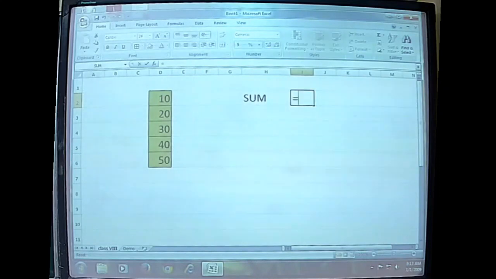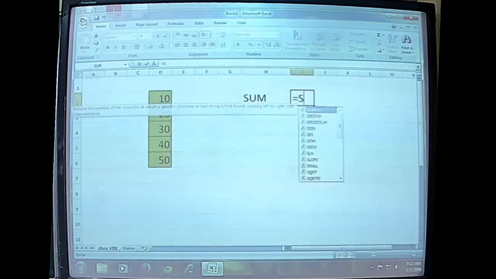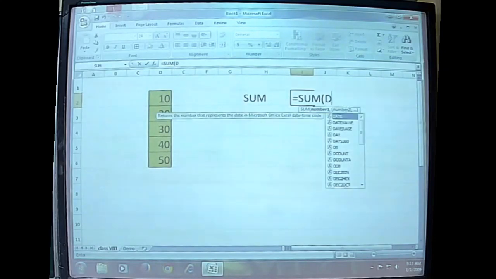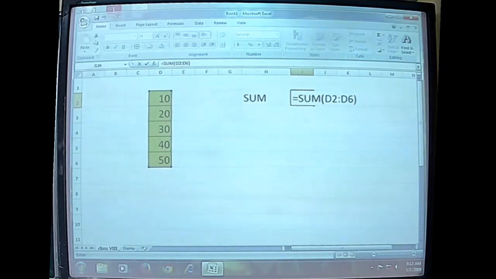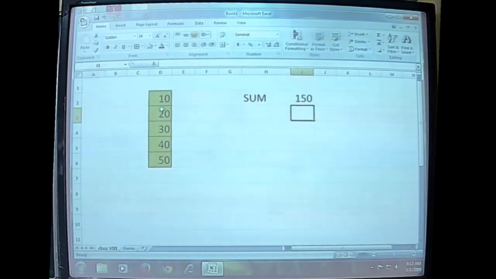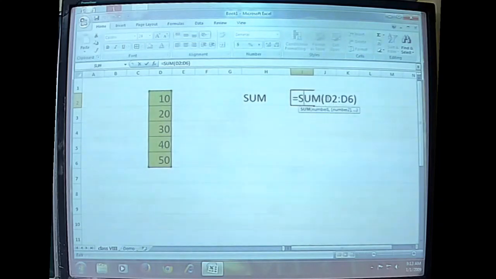Alright. So equal to, this is how each function also starts with an equal to sign. Sum of D2 to D6. Okay. So definitely the sum of these numbers will appear. Yes. So that is the sum of all these numbers here. This is how you can very easily create a function. See how the function was created. So sum and the range of cells, as we have already learned in the previous case. A range of cells can also be named using the first cell as well as the last cell, the combination D2 to D6. So this is our cell range in this case. The sum of that cell range is being displayed here.